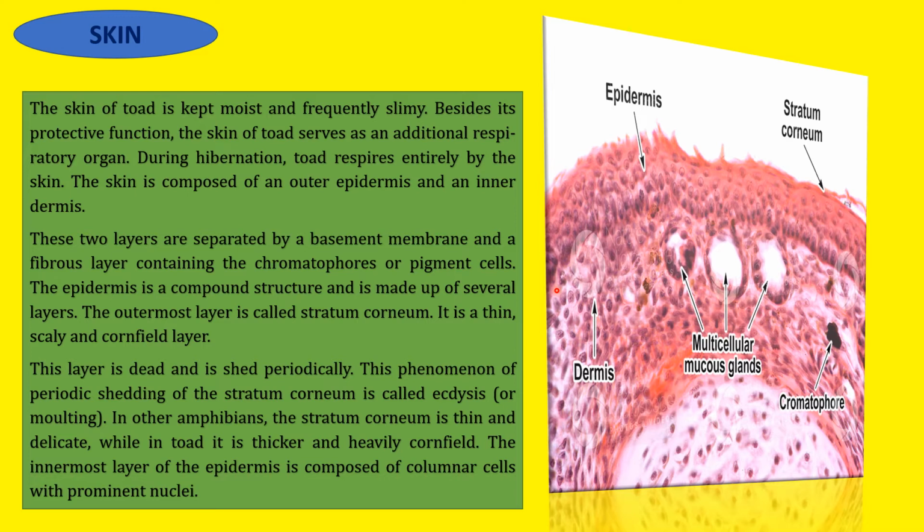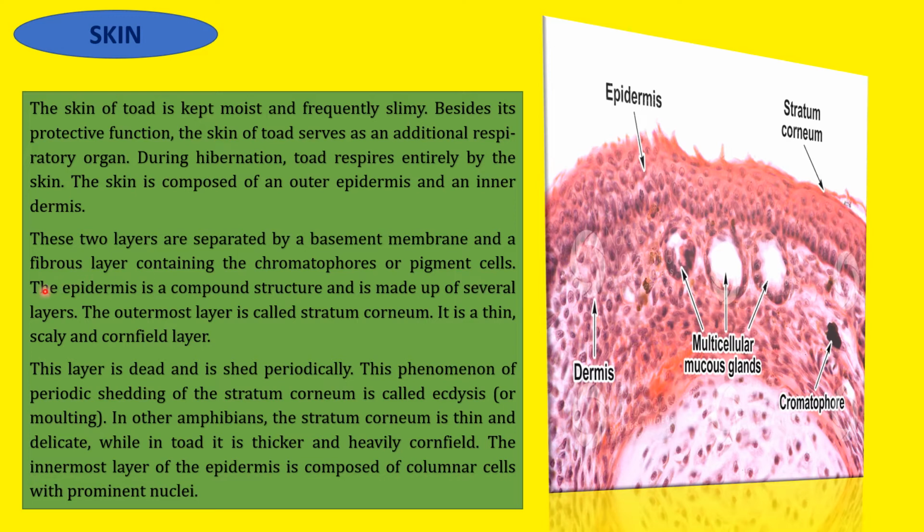Chromatophores or pigment cells. Now, what is pigment? Pigment is the natural coloring matter of animal or plant tissue. So pigments are the natural coloring matters of animal and plant tissues. So this is the septum layer. This layer separates outer epidermis and inner dermis, which consists of chromatophores or pigment. That means due to this pigment or chromatophore cells, a toad can change their skin color. Hope so till this you have understood.